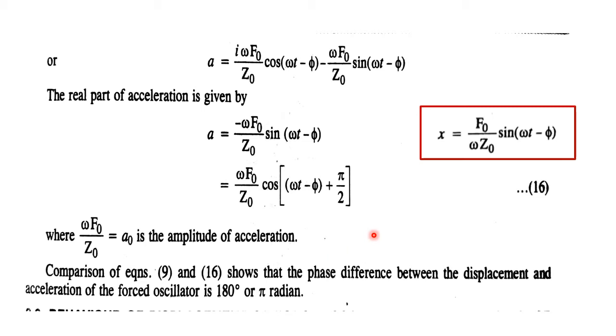I hope this is clear. This is very important; generally the question is asked, what is the phase difference? A multiple choice question will ask what is the phase difference between the displacement and the acceleration. Is it 0, 90, or 180 degree? You know that it is 180 degree now. Sometimes the question is like, prove that there is a phase difference of 180 degree between the displacement and the acceleration of the forced oscillator. So I hope it is now clear.